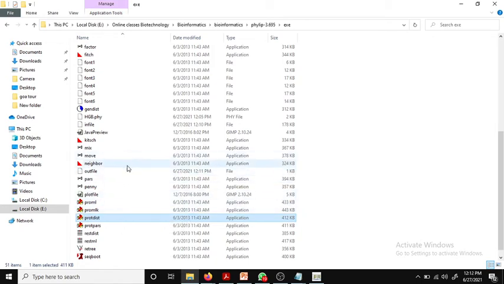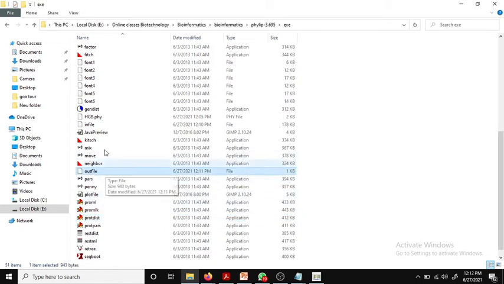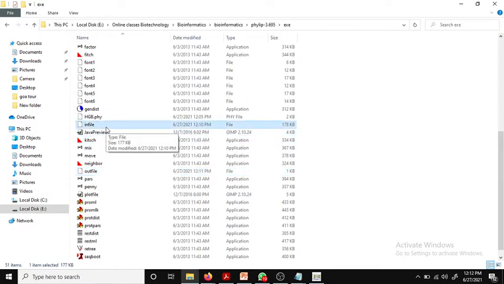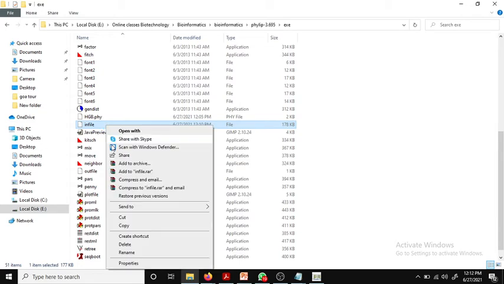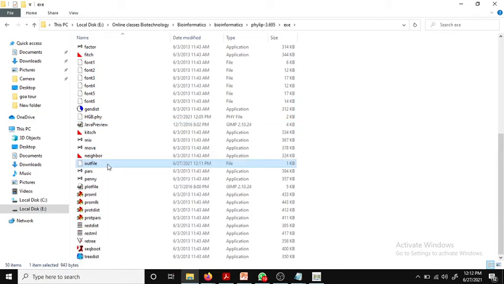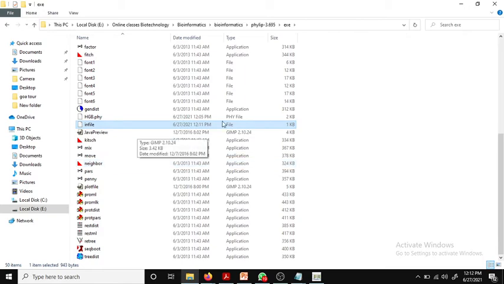Where is the out file? This is the out file. Now you need to delete the first in file. I'll delete it, and the current out file I'll rename as in file again. Okay, this is the in file. Again, the out file will be produced, and we have to rename it as the in file.